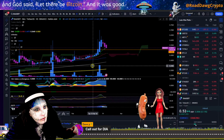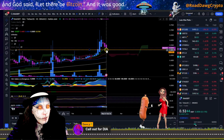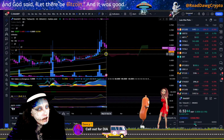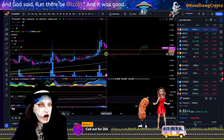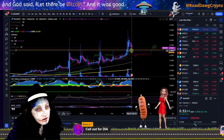The moving averages are just now starting to fork out and spread out, just nice. It may wick below this again like it touched over here, hopefully. There's always a chance that it can come down to the 21. I don't want to talk about it. I'd rather see it not, really. I'd rather see it just bounce right here off the 9 and take off, because it's already wicked down to